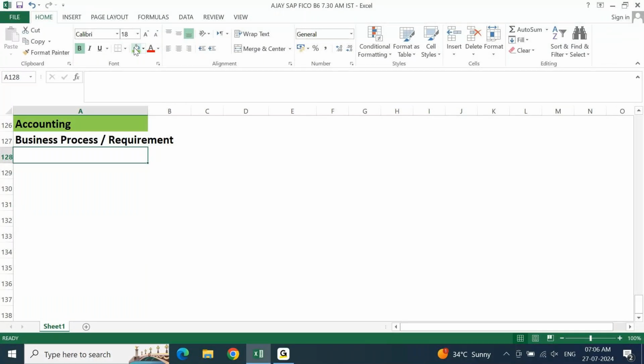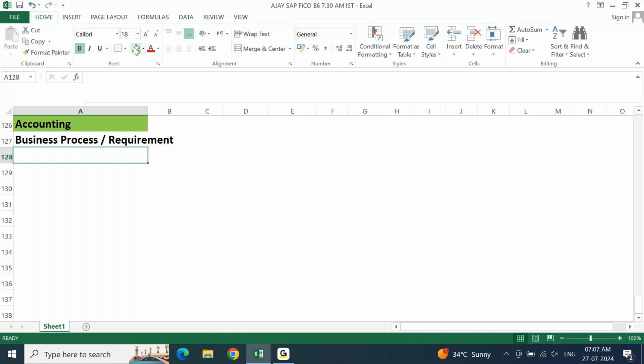This is not going to happen because you are not a fresher. When I say you are not a fresher, you are telling that you are an experienced candidate in SAP FICO with around 3 to 4 years or 3 to 5 years of experience. When you're representing yourself as an experienced candidate of 3 to 5 years, please make sure you manage that level of knowledge, that level of understanding.